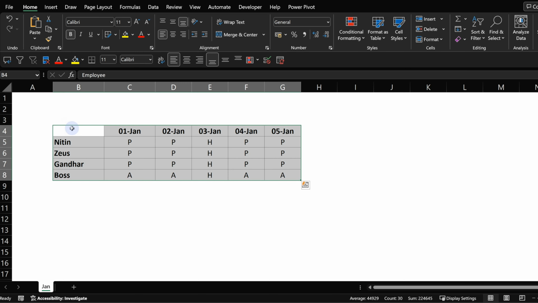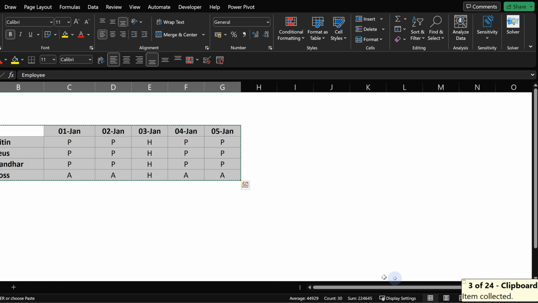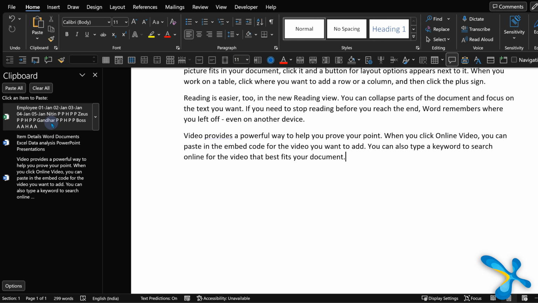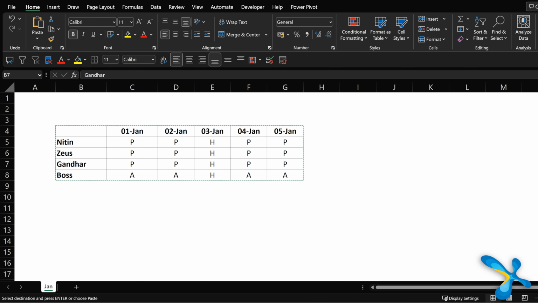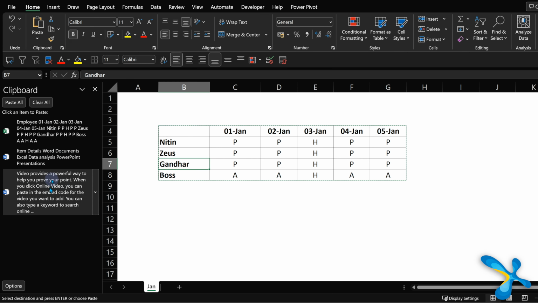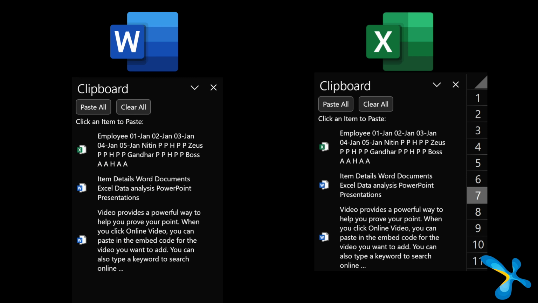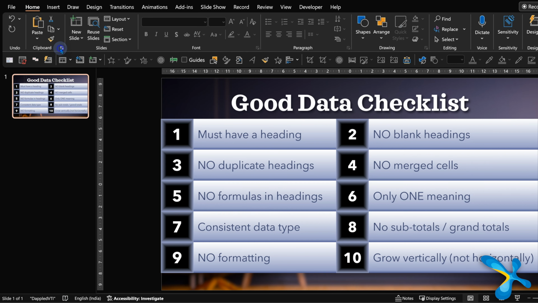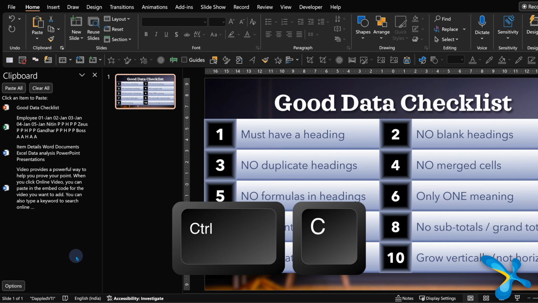Now let's go to Excel and see what happens. Now if I copy something from Excel, again it will go into the same clipboard. Oh, okay. In Excel, there is nothing because we have not opened the pane. So let's open clipboard pane and exactly the same clipboard items are available here. So they will migrate across Word, Excel, PowerPoint, Outlook. So let's go to PowerPoint, enable that clipboard and copy a slide from there.